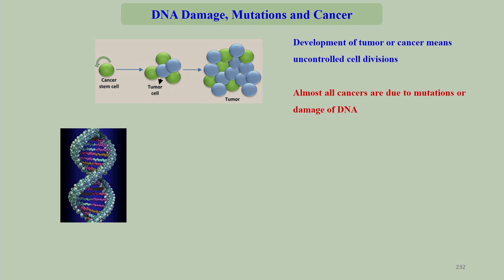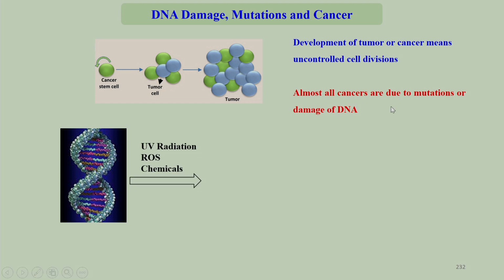When we talk about cancer or tumor, that means uncontrolled cell division. This slide I have shown before already. So, tumors or cancer means uncontrolled cell division. Almost all cancers are due to mutations or damage of DNA. So, if this is a DNA